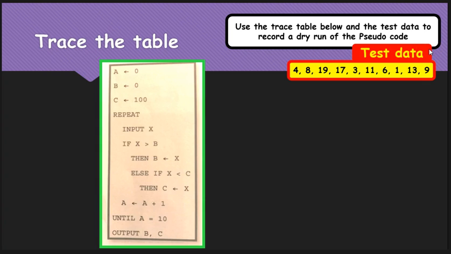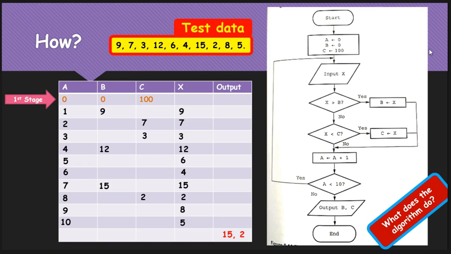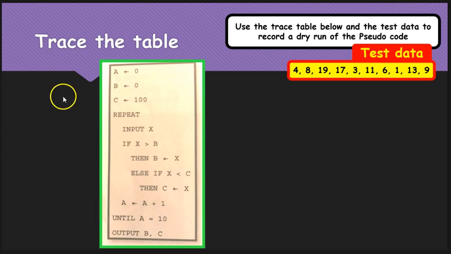So what I'd like you to do is just pause the video and create your own table for outputs A, B, C, and X. You could work out what variables there would be, and obviously the output on the last column. So you can actually make your own table here just by reading the pseudocode. I'll pause for a couple of seconds while you do that, because on the next animation the answer is going to pop up. So pause now and have a go at the trace table for this pseudocode using the test data in red. Okay, I'll pause for about 3 seconds.